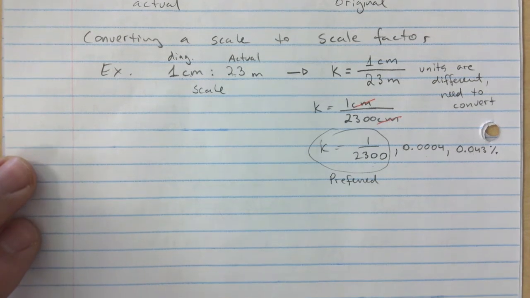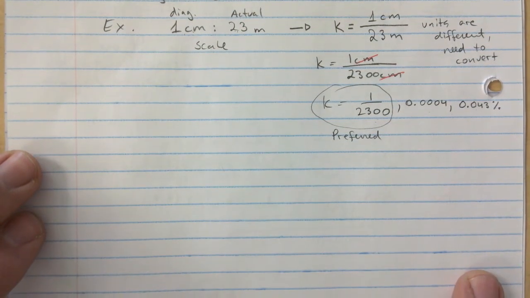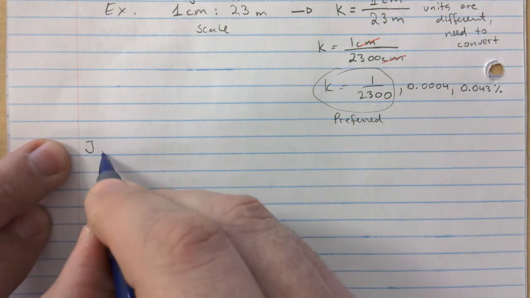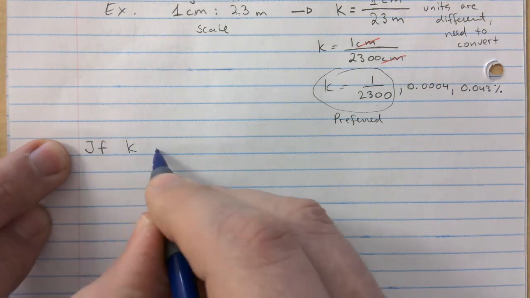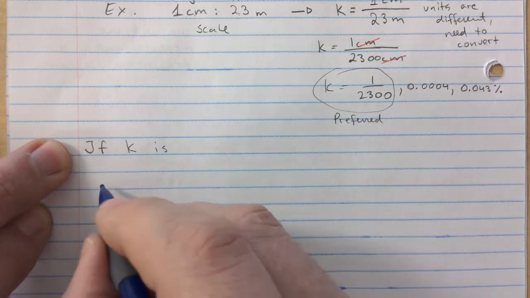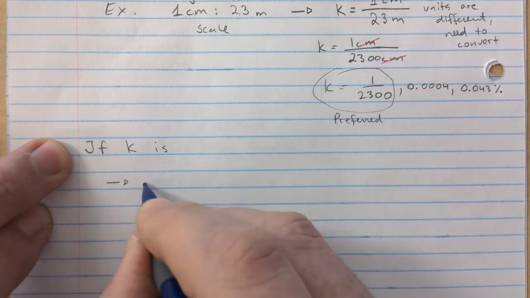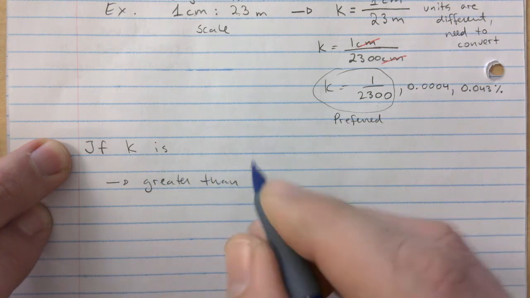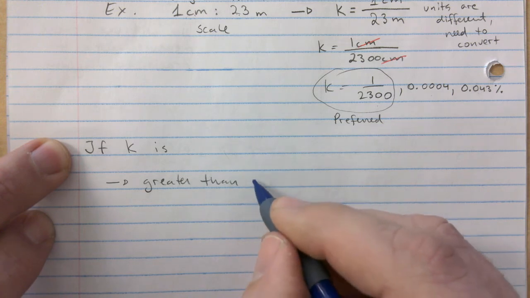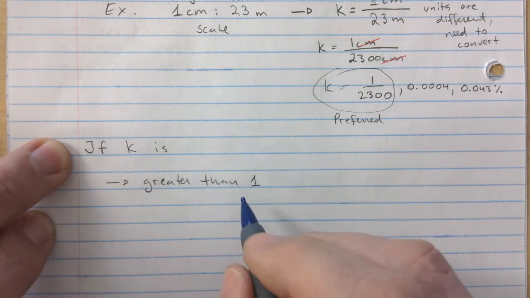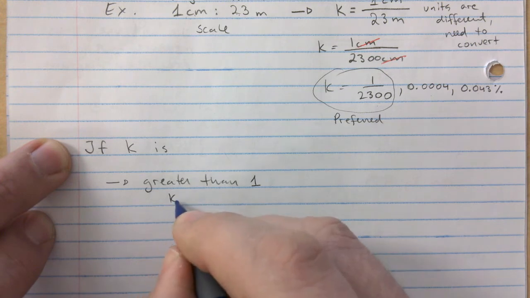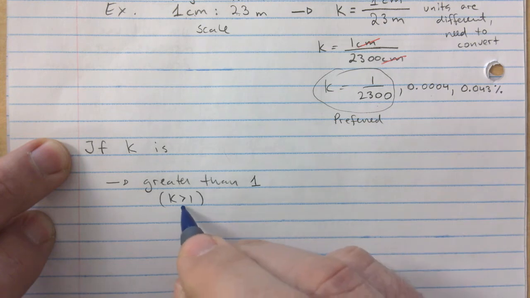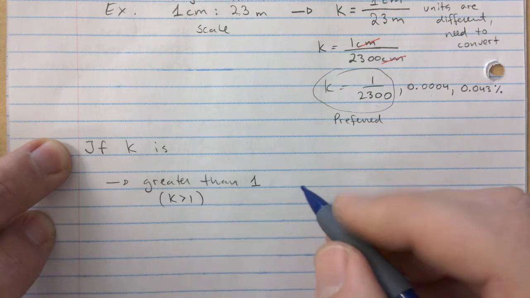So here I want to talk about the different options. If K is, okay, you have a couple of options, right? If K is greater than 1, so basically K is greater than 1, we can put that here in brackets, right? That notation. Then